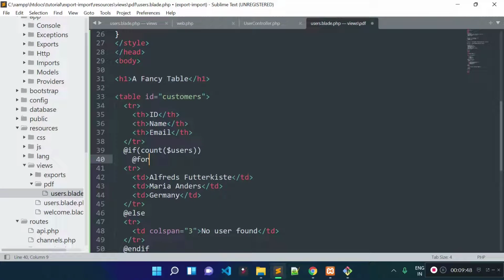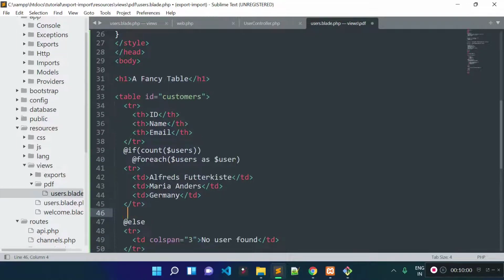So let's open a foreach loop, and I will loop each user's data, $users as $user, and then let's close the foreach loop. Okay.